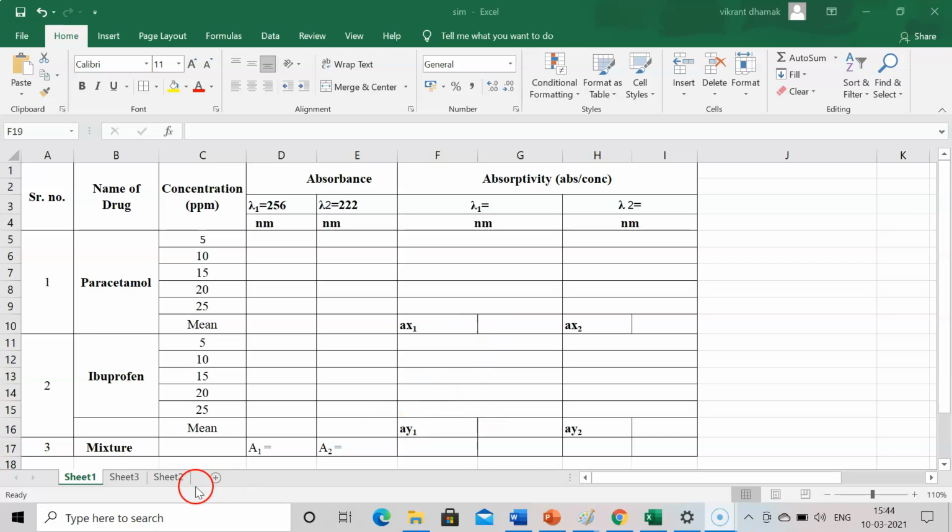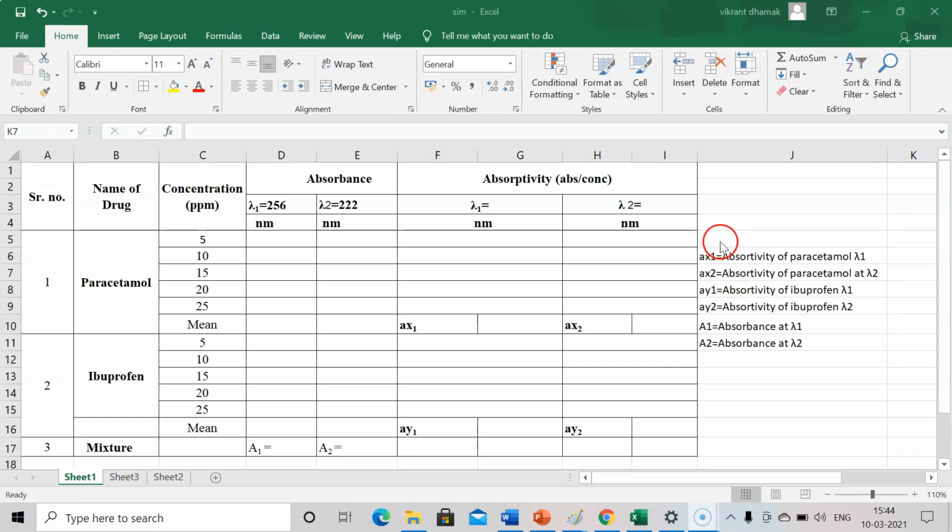you some calculations. Before that, what is the meaning of this AX1, AX2, AY1 and AY2? We will see that, because in the formula we will require these things. AX1 means absorptivity of paracetamol at lambda 1. The value of AX1 will come over here. After that, AX2 is absorptivity of paracetamol at lambda 2. After that, absorptivity of ibuprofen at lambda 1 is AY1, and AY2 is absorptivity of ibuprofen